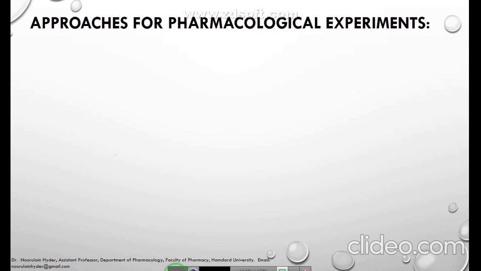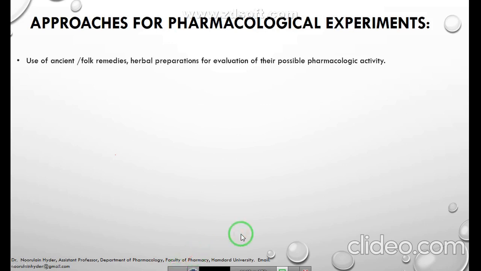This is for pharmacological testing. It can be: number one is the use of ancient or folk remedies, herbal preparations, for the determination of their possible pharmacological activity. And the folk remedies are the traditional herbal medicinal plants. For example,